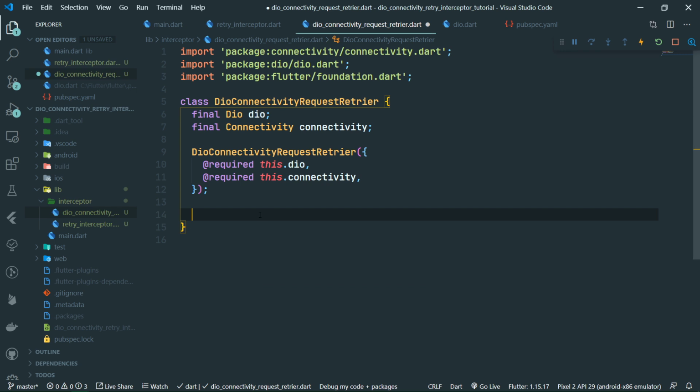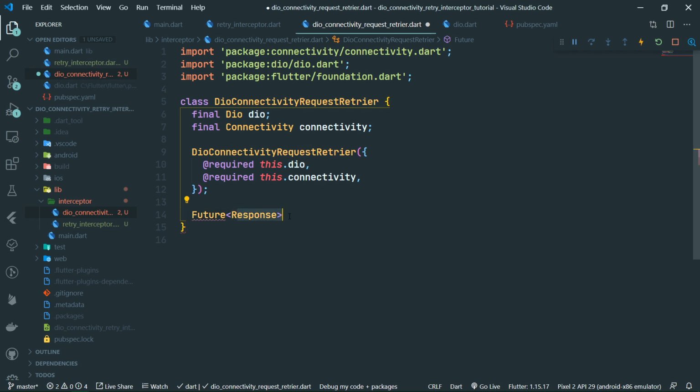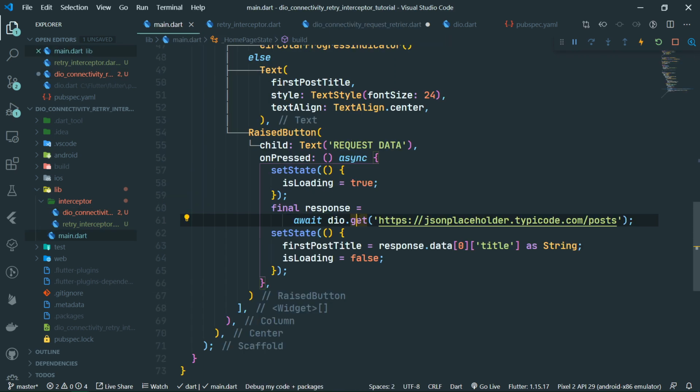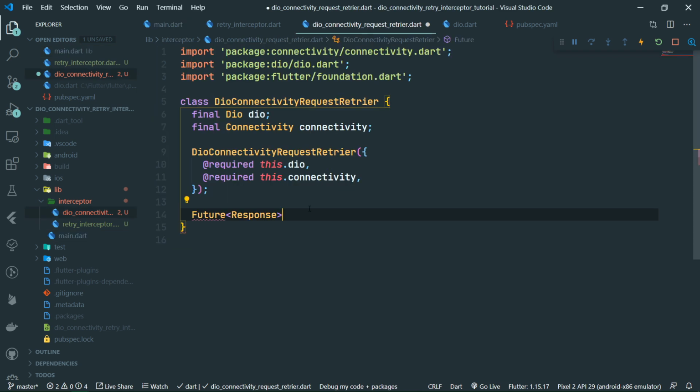And now this class will have only one method, and that is going to be scheduleRequestRetry, which is going to return a Future of Response. This response is the very response which also comes out of the regular get call on the Dio client. So we are really just returning an HTTP response, which is going to be retried in this retryer class. So this method will be called scheduleRequestRetry,